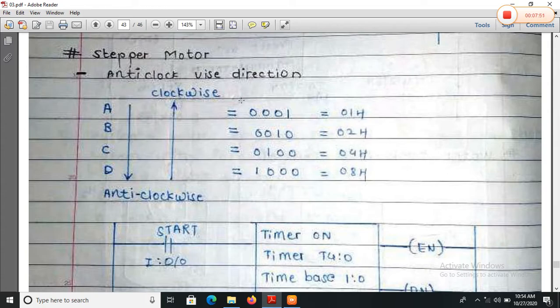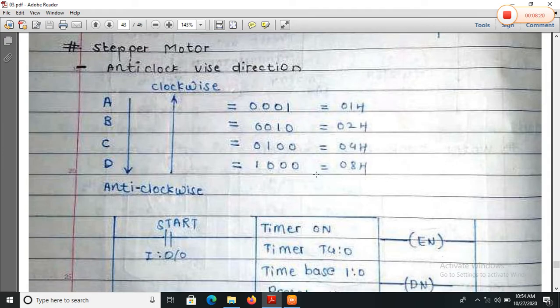For rotating the motor in the anti-clockwise direction, first I have to enable port A, then port B, then port C and port D. These are the total values of the ports, meaning 01 enables port A, 02 port B, 04 port C and 08 port D.